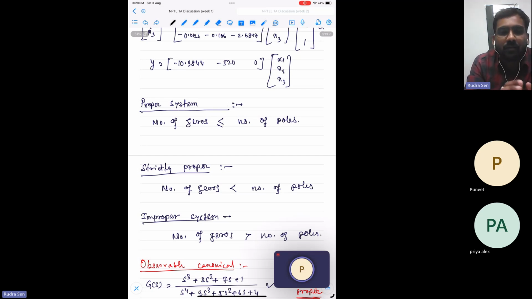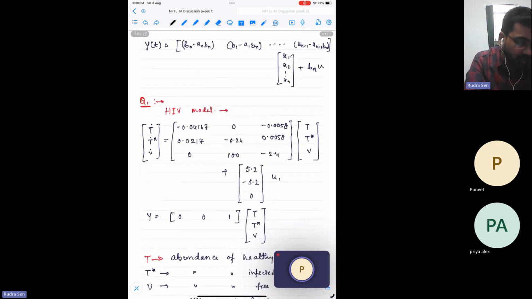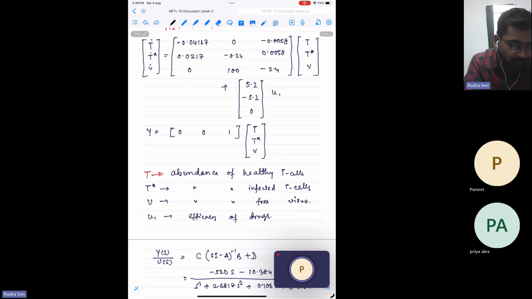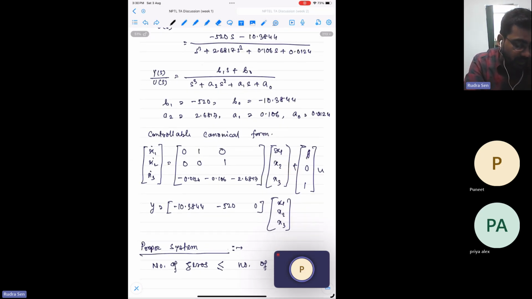Surely there are some disadvantages of this transformation, because if you see the actual state in the actual matrix, here in this HIV model, the actual states are T, T star, and V. But when we make it in a controllable canonical form, these x1, x2, x3 are not the actual states of the system, right? So obviously, we cannot get the exact anything using this transformation,